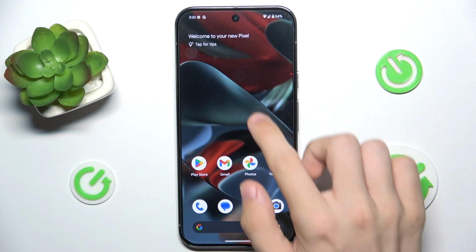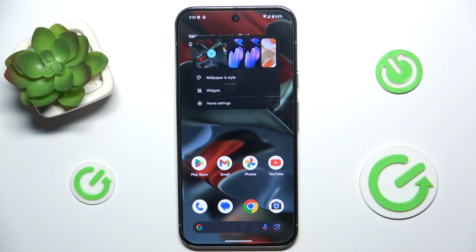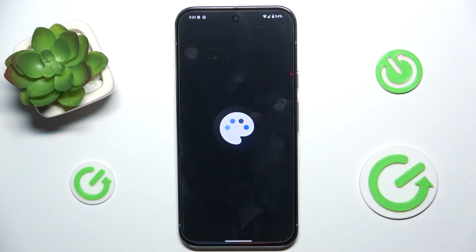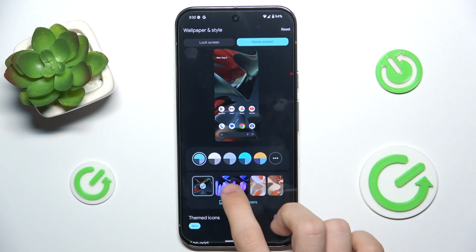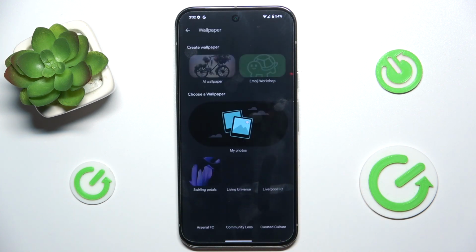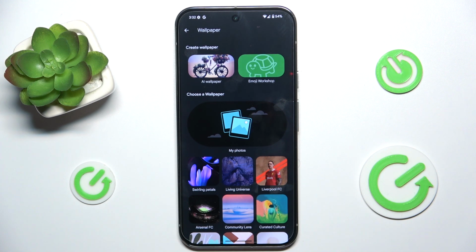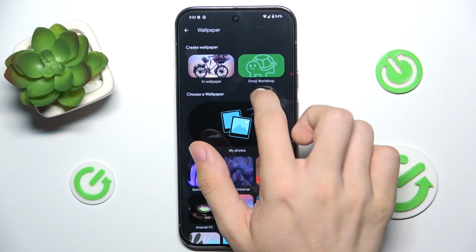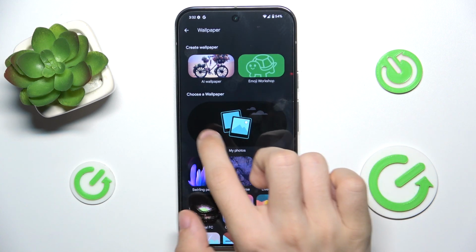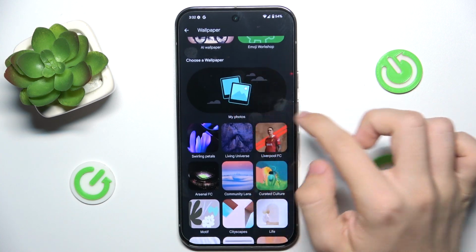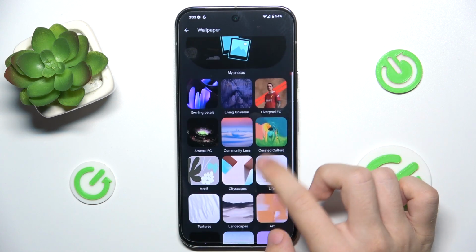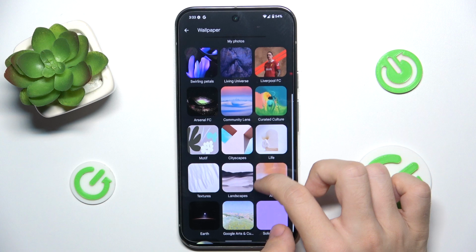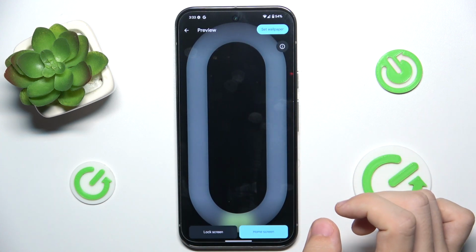To change the wallpaper, press and hold on your home screen, then tap Wallpaper and Style, and now you can choose a wallpaper from here. Click on More Wallpapers, and you can choose an AI wallpaper or emoji workshop. You can go to My Photos to choose a photo from your gallery, or choose a wallpaper from here. For example, live wallpapers,